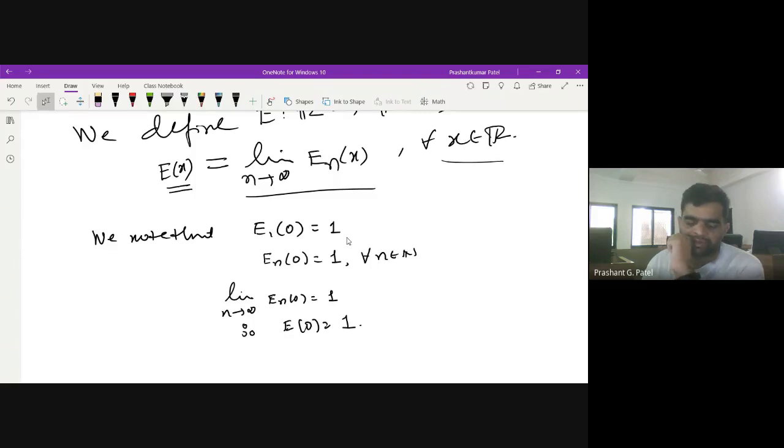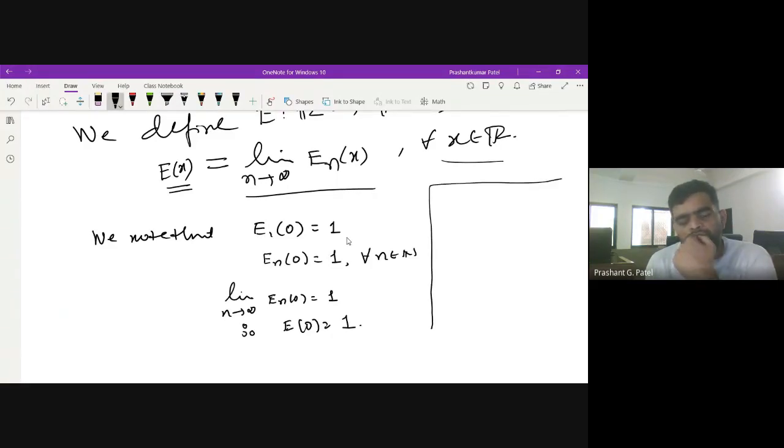The first property is satisfied. What about the second property, that is the derivative of E of x is itself? If I want to take the derivative here of E of x, then I need to take that derivative inside. So I need to interchange the limit and the differentiation. To operate or change this limit and differentiation sign, we have learned one result